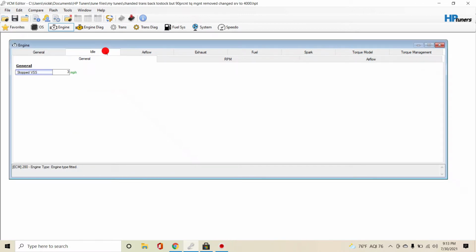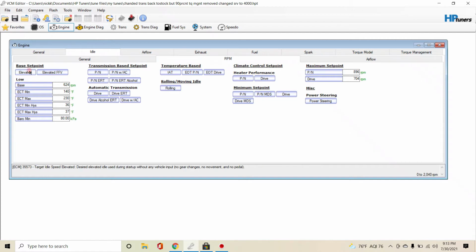So then we have our idle tab. Right here at 3 miles per hour, it's technically considered stop, so it's going to go back to an idle function. Here are the RPM tables. The low right here, this is your base. This is what you're going to want to change if you do a cam swap, or if you want a higher idle or anything like that. Change this, and then change the base, transmission base,